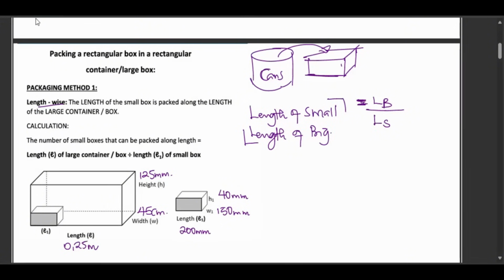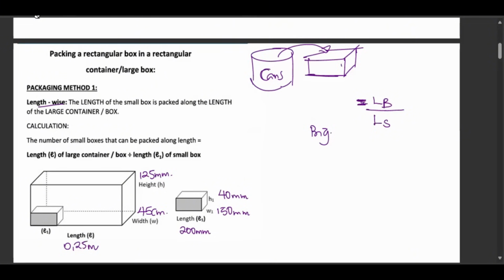What you have to take note of before you do the calculations: we are going to say how many boxes will fit on the short side, and how many boxes will fit on the long side. Now, this is done in a way, for example, if you've seen how people pack things,